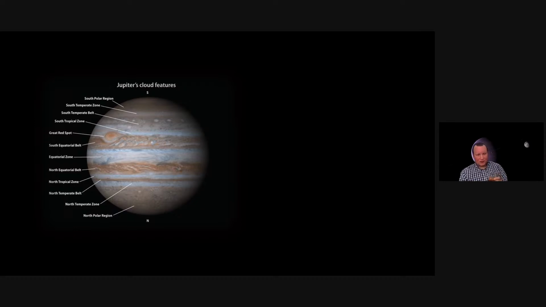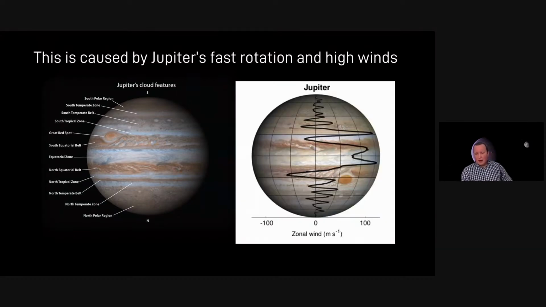I'm not really going to use this. I'm sort of showing this just because the people who work on Jupiter spend a lot of time categorizing and thinking about, okay, is this the North Tropical Zone or the North Equatorial Belt or the Equatorial Zone? In large part because those are very different dynamical parts of the atmosphere, right? If you draw out what is the wind speed on Jupiter, it almost perfectly corresponds to these bands,